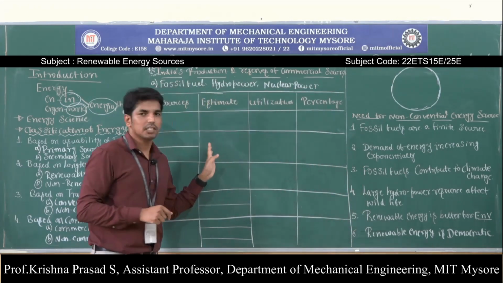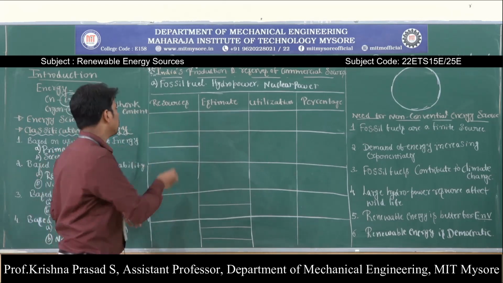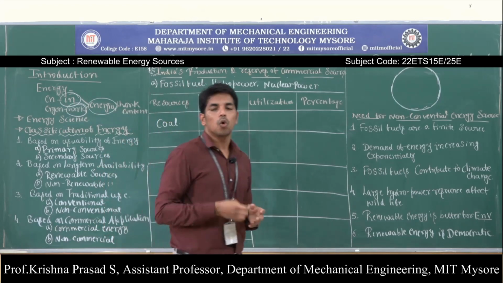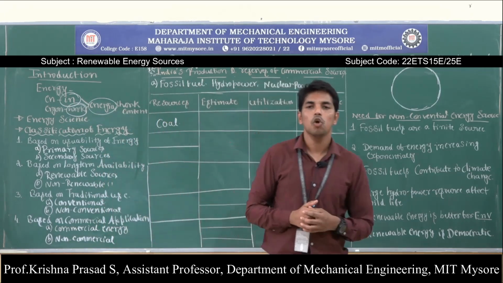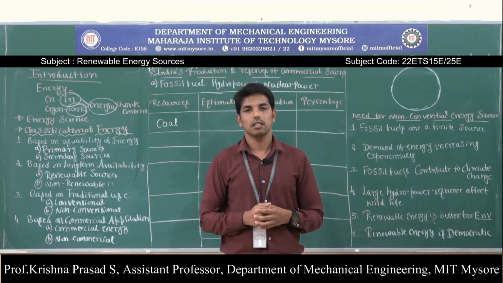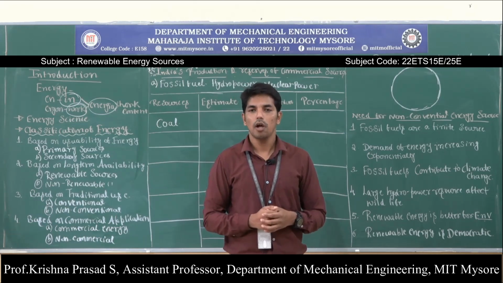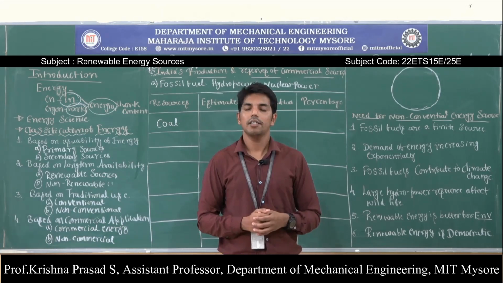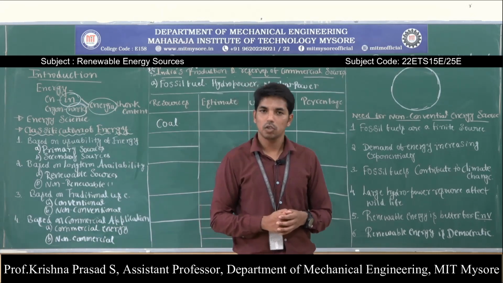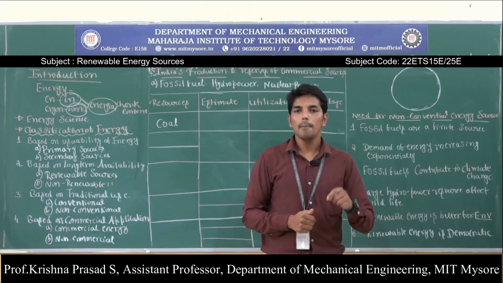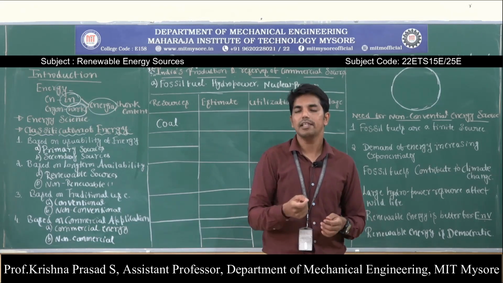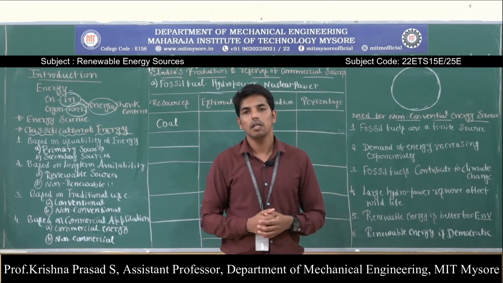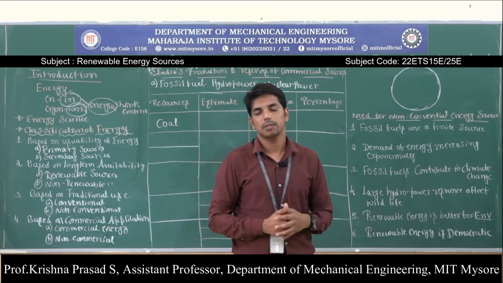The very first important thing in fossil fuel is coal. What is meant by coal? Coal is a highly carbonaceous material obtained from the decay of plants, subjected to heat and pressure below the earth's surface for millions of years. That means it is subjected to heat and pressure in a swamp environment, building up heat energy in the coal. Based on the percentage of carbon, coal is categorized into 4 types.